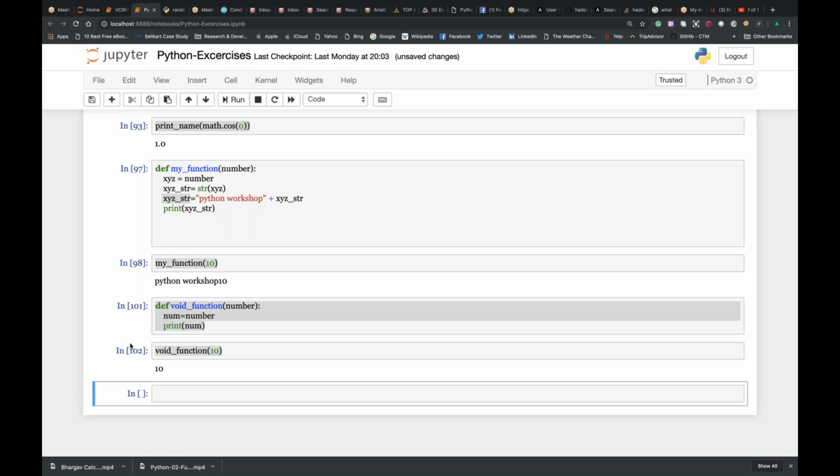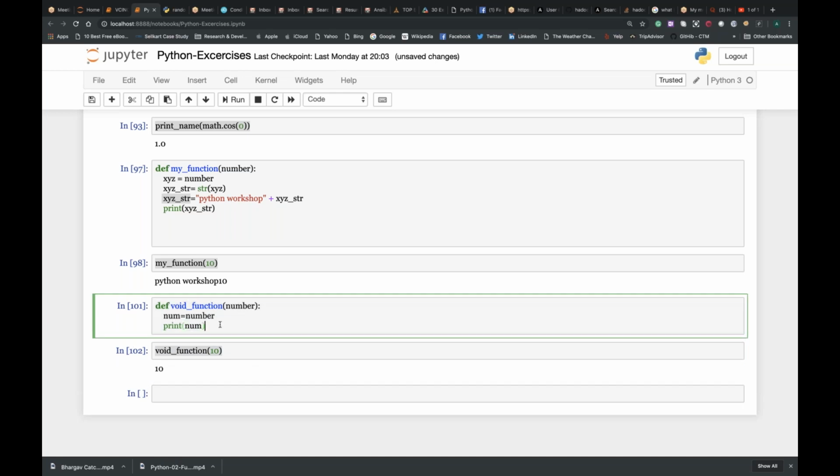Now try to understand the basics. In this function, you call the function, but you didn't derive any result. This function derived me a result provided I gave a number 10 as a value passed to the argument.